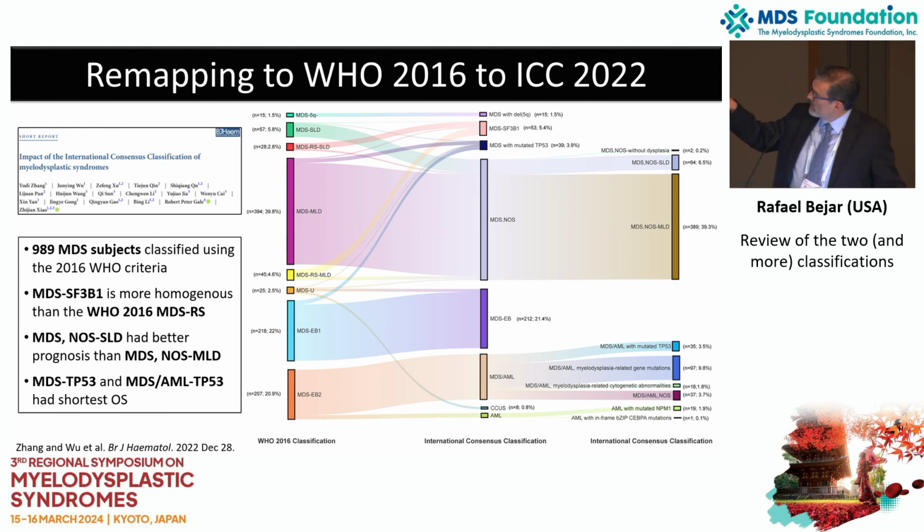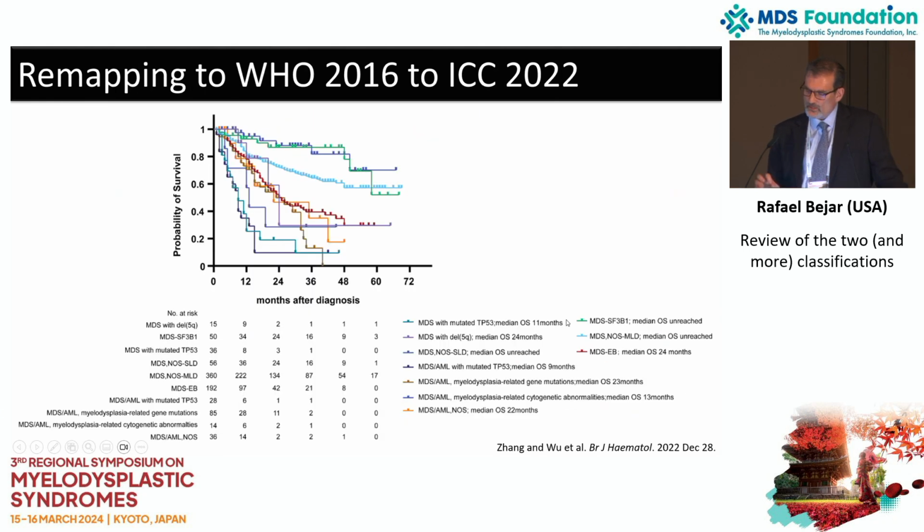There are some lines that do cross widely, and those are usually patients who are now in novel genetically defined categories like the TP53 group or MDS-SF3B1, and of course the MDS unclassified before, which no longer exists in either of the two systems. They had to travel somewhere else. And when we look at the survival of these different groups defined by the ICC in this data set, there are some important lessons to be learned here. At least in this Chinese group, the MDS-SF3B1 patients had very similar survival to MDS with single lineage dysplasia. That was better than the survival in those with multi-lineage dysplasia.